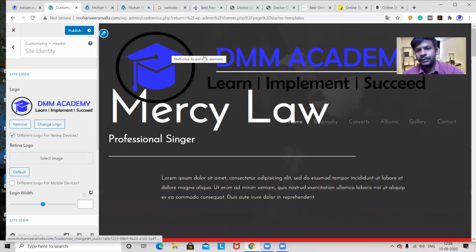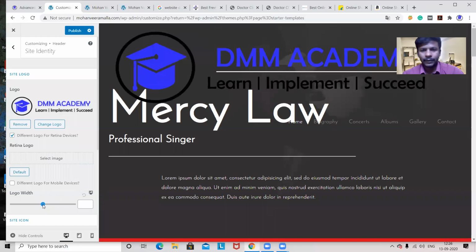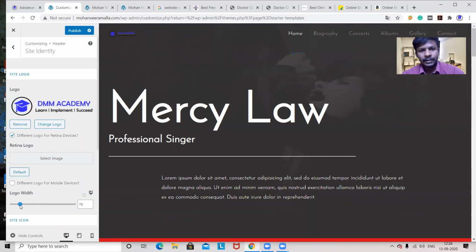See, you can see now the logo is very big. Now what I will do here, we have something called logo width on the left hand side. Now I'll decrease this. When I'm decreasing this, you can analyze. Now see, this is for Astra themes. If you are going with the normal theme, these options will not be available. So better to take Astra themes only. This will be better and will have more customization options.